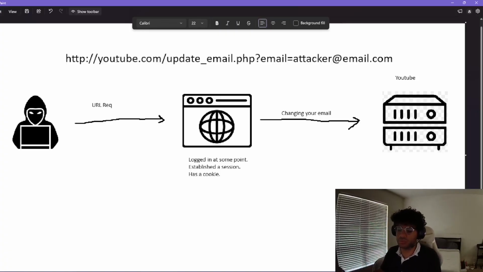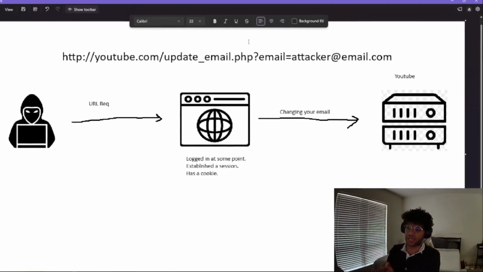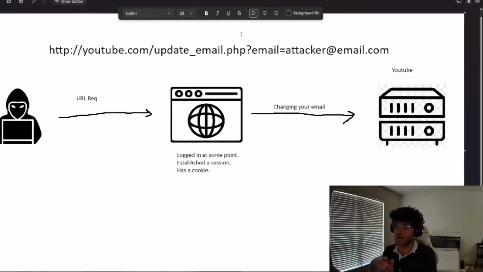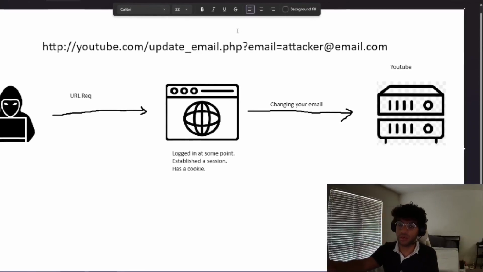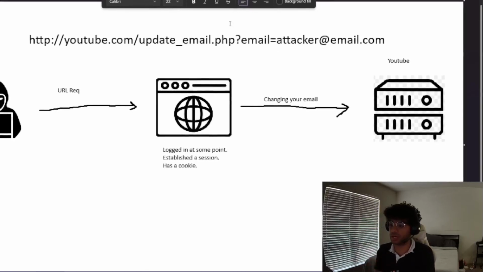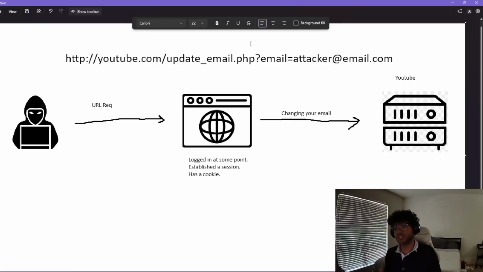Obviously, we're visiting youtube.com. There's a function, this is update email PHP. So this first function is, let's say you want to update your email regularly on YouTube. This is the function that would execute that. As soon as you hit submit request, it's going to update the email using this URL through an HTTP GET or an HTTP POST request to update your email. And because you're already logged into your account, or you have already logged into your account at one point, you have the cookies necessary to make this